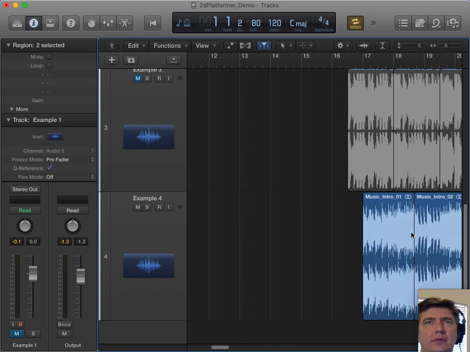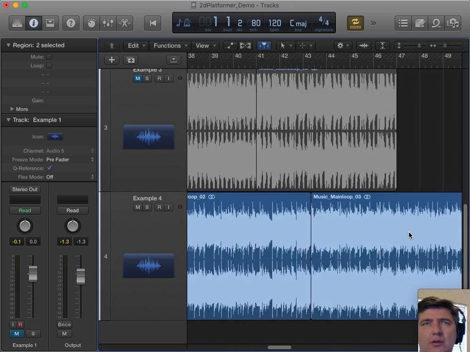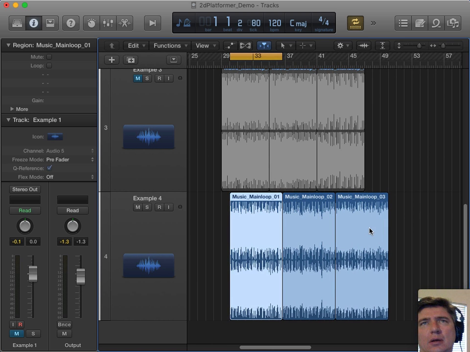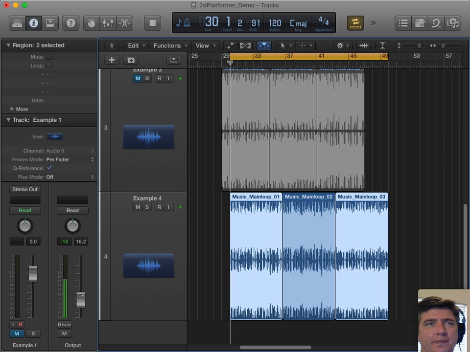Let me do this one here. Let's try this one. All right. Again, so another electronic approach. This one has a strong lead line that changes from one to the next, and also the percussion changes nicely. Now the lead's kind of a little bit wandering overall, but it does present a change.